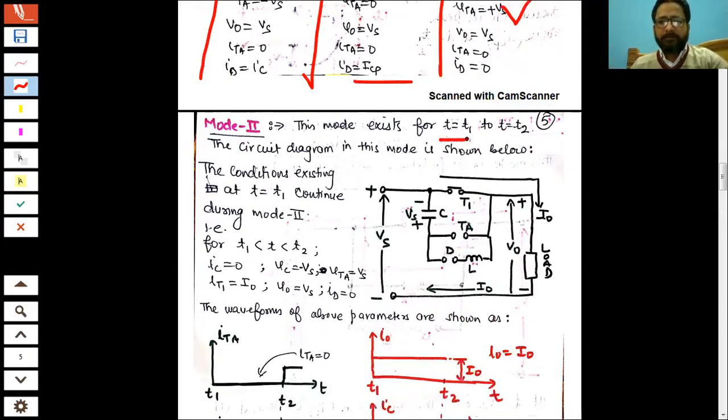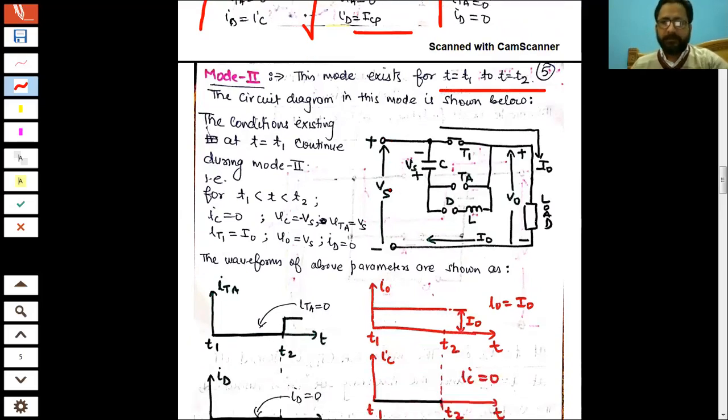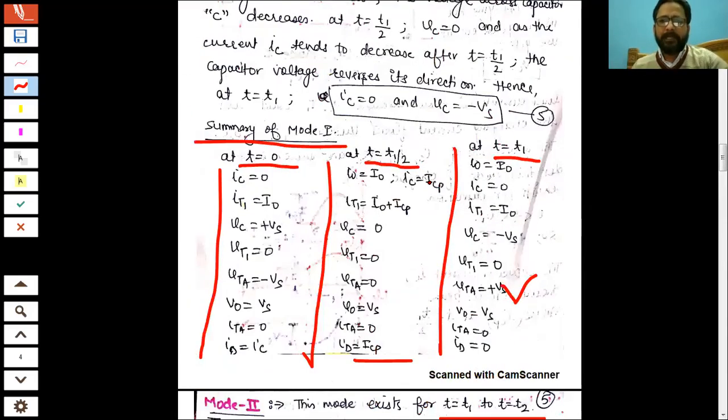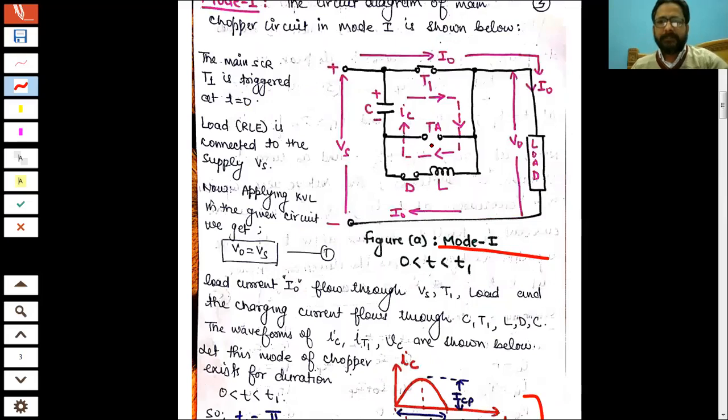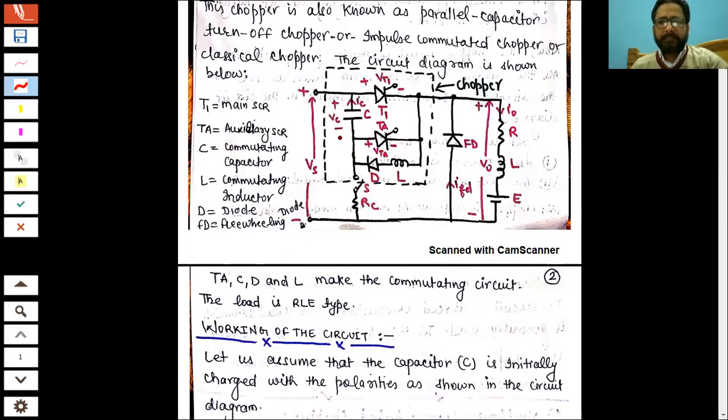So at time t is equal to T1, जो उसकी कंडीशन थी वो as it is continue होती है. As it is continue होती है means the load current will flow through the main SCR and load and back to the supply. Capacitor is now charged with negative voltage, क्योंकि यहाँ पे डायोड कनेक्टेड था, अब आपका कैपेसिटर ये प्लस हो गया, ये माइनस हो गया, सो क्या हुआ, आपका डायोड रिवर्स बायस हो गया, तो ये ओपन हो गया सब पाथ, तो इसका मतलब चार्जिंग करंट, कैपेसिटर करंट वो भी जीरो हो गया।